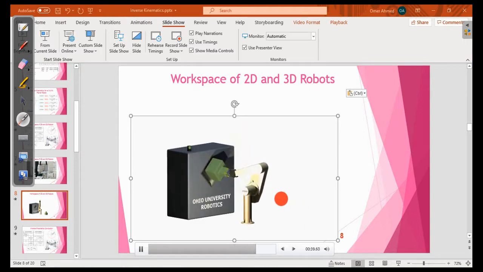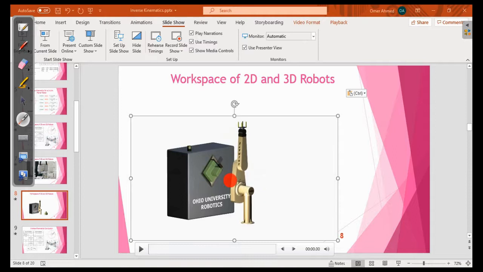And let's say there is a specific position and orientation that I want, and the robot might be able to achieve it either with the elbow pointing up or the elbow pointing down. So there will be a finite number of ways in which it will be able to achieve any position and orientation. And because 6 degrees of freedom is the minimum number, that gives us some workspace where we can achieve any position and orientation.